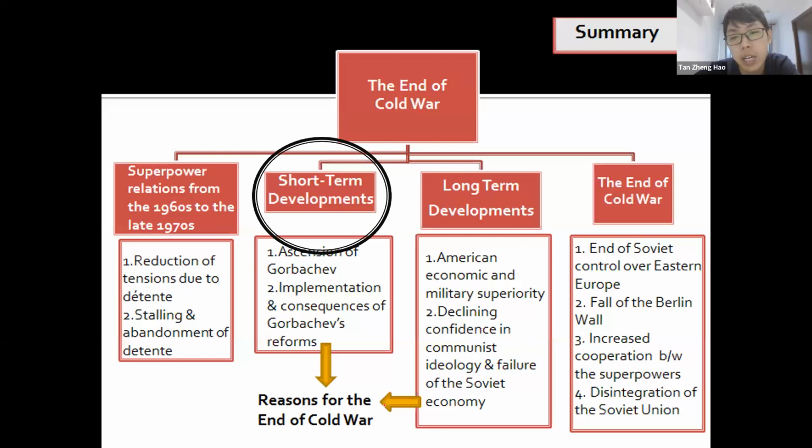So think of long-term developments like, let's say I ask you why did I break my arm, for example? Long-term development could be maybe I'm a manual worker. I lift a lot of things. So I strain my arm a lot. But short-term development could be one day, I was on a very particularly tough shift and the arm started to